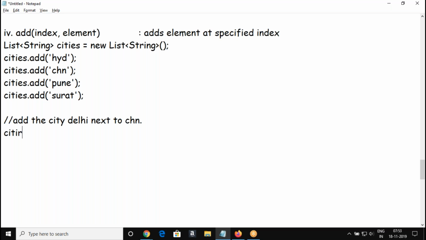So we are going to do cities.add, and which index you are going to insert the element, and then the string value. Got me? So the element will be added at the respective index.